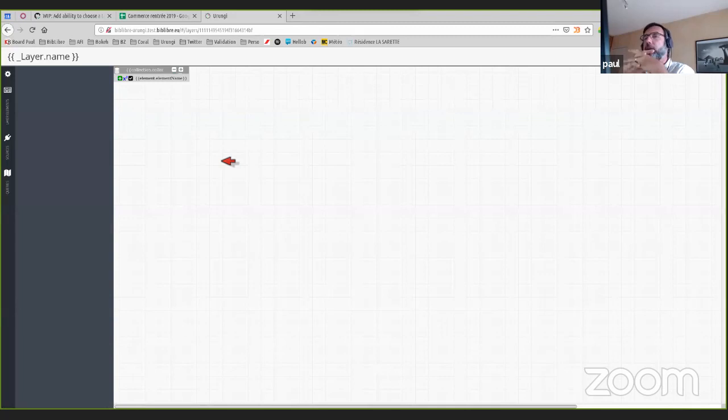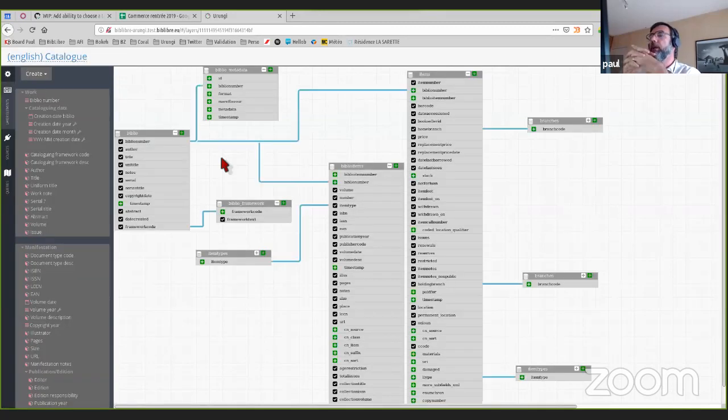I open the catalog, the English version of the catalog layer. You see here a lot of tables with a lot of links and some fields that are green, some fields that are black that are selected. And here on the left, you can see the description of the different fields you want to put on your layers. Okay, so for example,